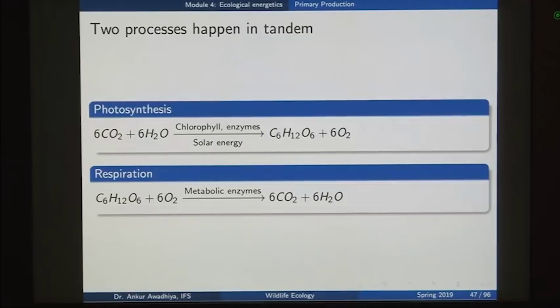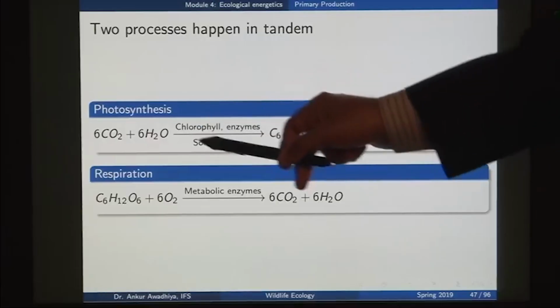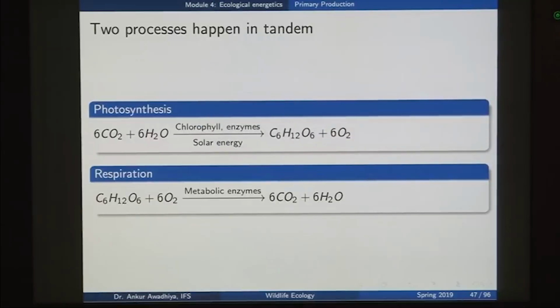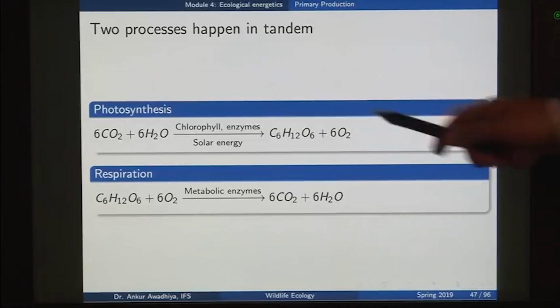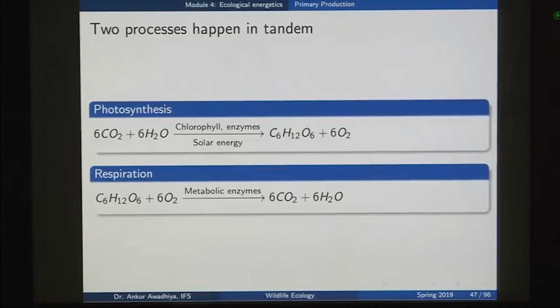So, in the case of a plant, it is doing photosynthesis and it is also doing respiration. Now, in the process of photosynthesis, you have carbon dioxide and water which are being acted upon through the action of enzymes which are present in the chloroplast. Chlorophyll is also important here, and they are fixing solar energy into these sugars. Here we are talking about glucose. So, it is converting carbon dioxide and water into glucose and is releasing oxygen as a byproduct.